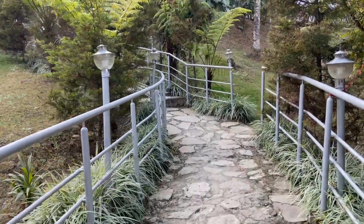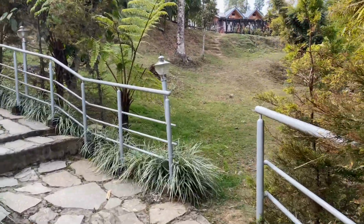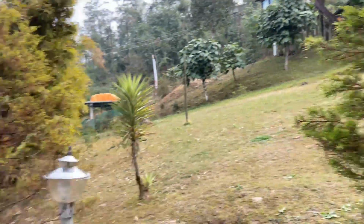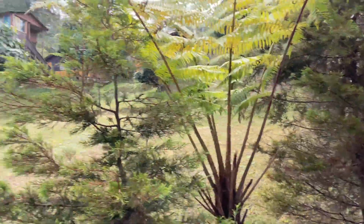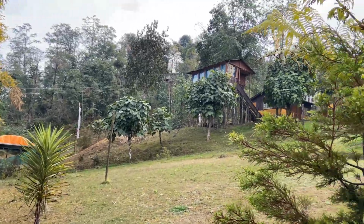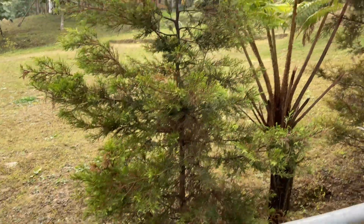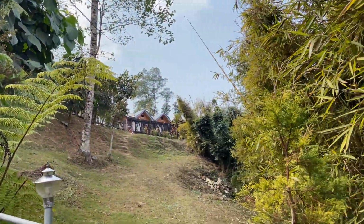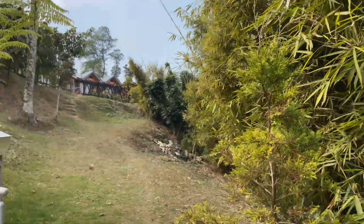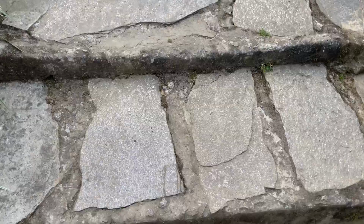And this is the path. So right now we were just going out to take some clicks and yeah. So this is the entrance, guys. Just have a look. It's such a beautiful view and it's greenery everywhere. So this is just a ground floor path and I'll be going